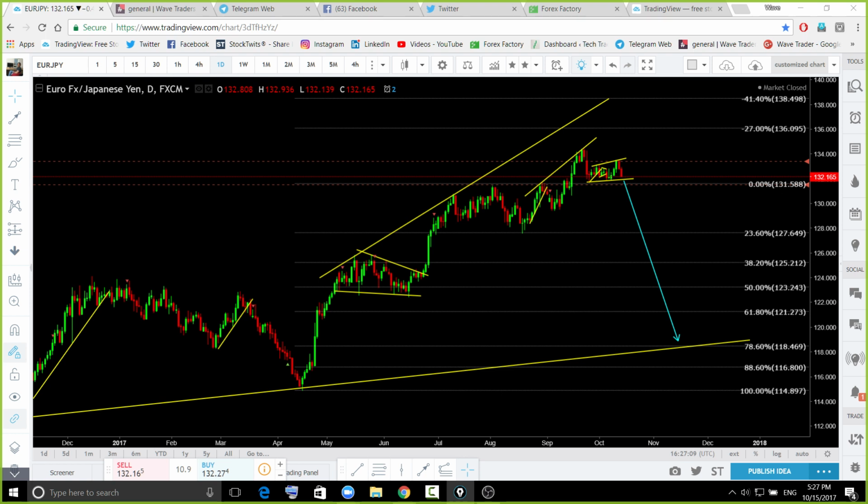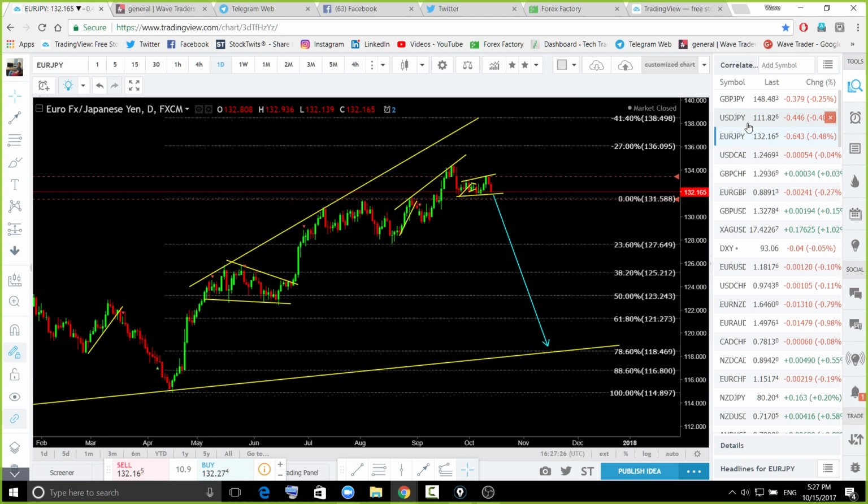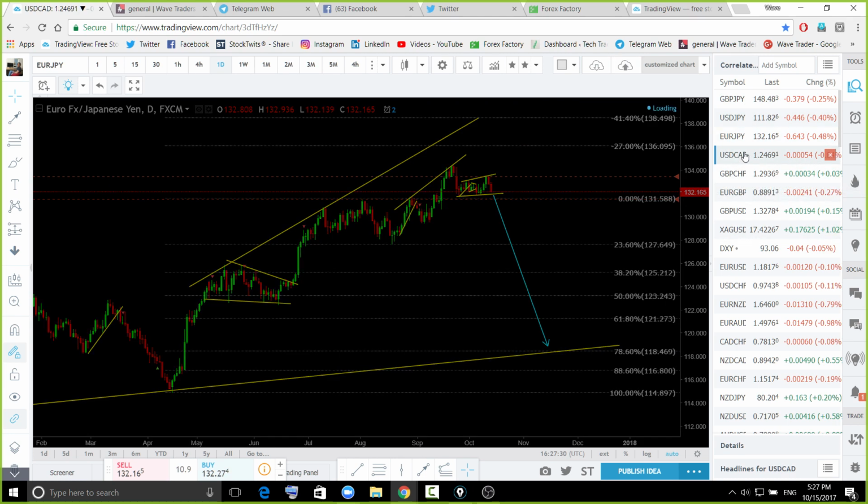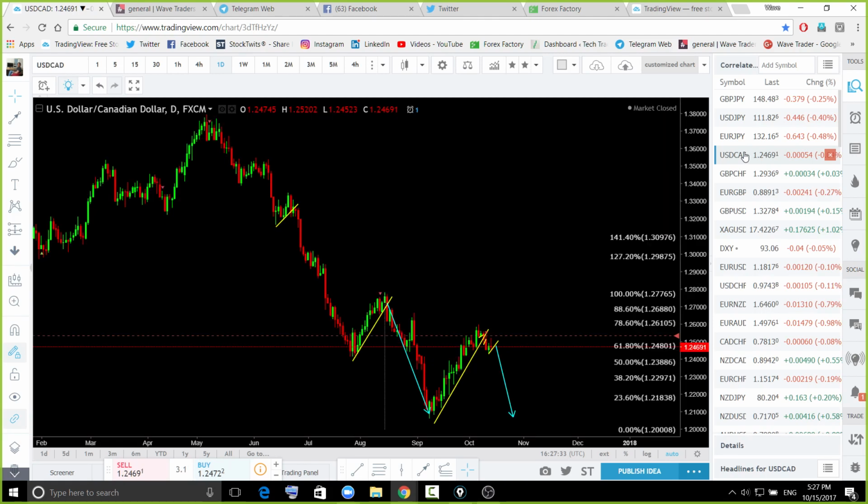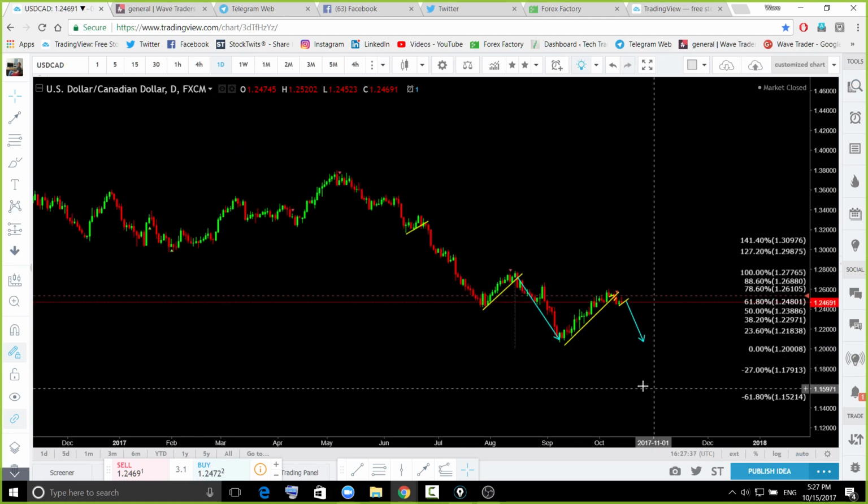All right, so far it is a bigger daily continuation formation on Euro Yen. USD Yen is falling slightly, correctively, and there is a daily continuation formation on Pound Yen. That is what you need to look for. Euro Yen and USD CAD are also falling correctively. So these are the trades we're going to focus on next week.